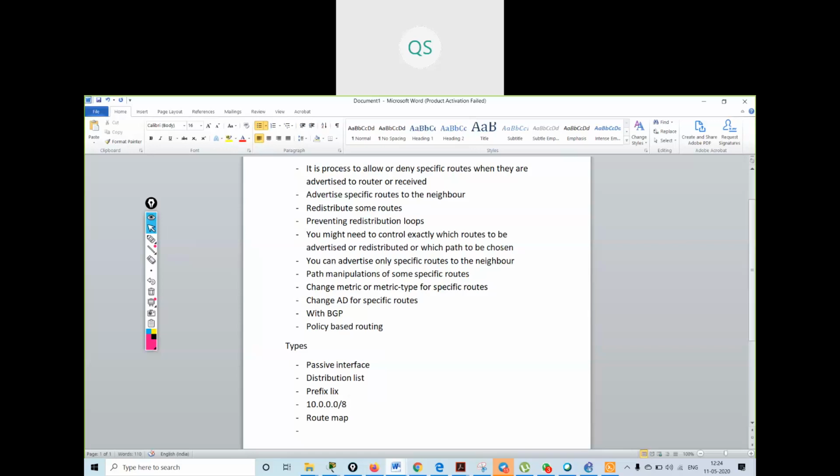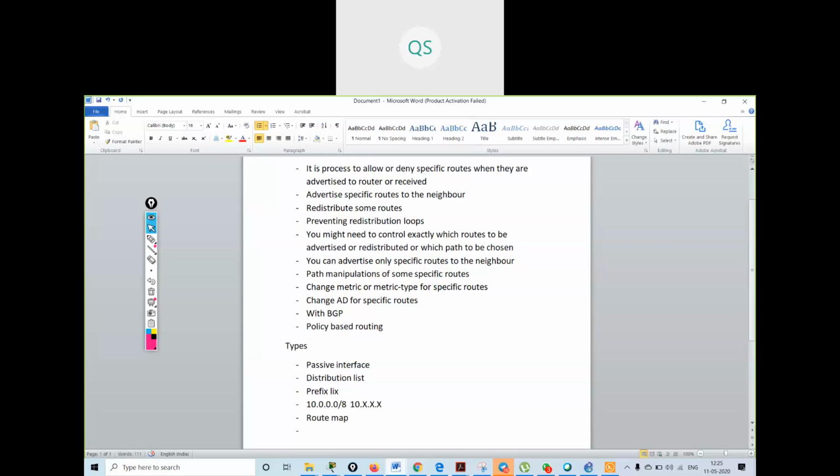It will block the whole 10 dot network. Any network starting with 10, whether it is the 10.1 network or the 10.16 network, it will block any network in an access list.